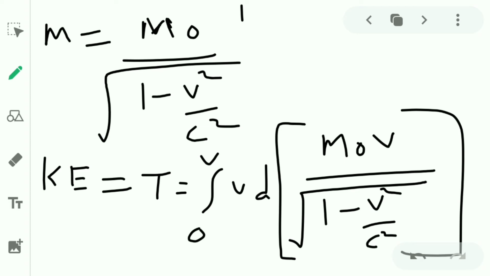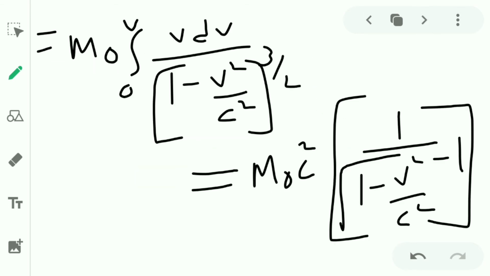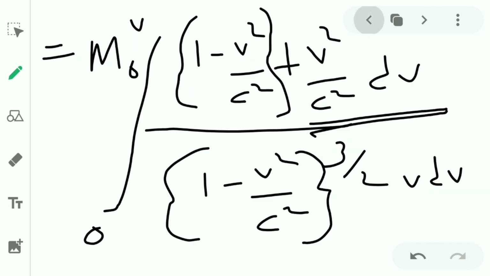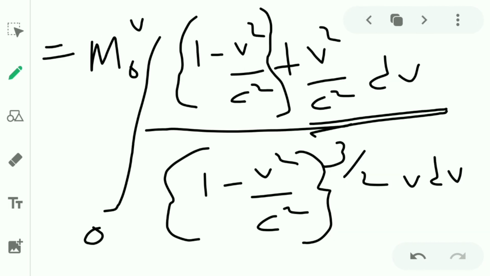Taking the integration and solving the equation, we will get the final result. I'm not going to describe all the mathematical steps, but you can understand from the board. This is very clear from the board, so I'm not going into all the depth of the integration, and we are going to the final step. I will show each and every step: this is the last step, second step, and